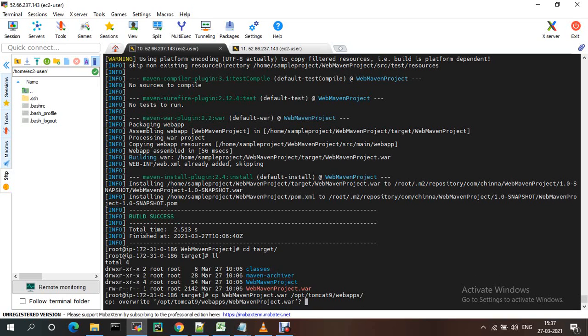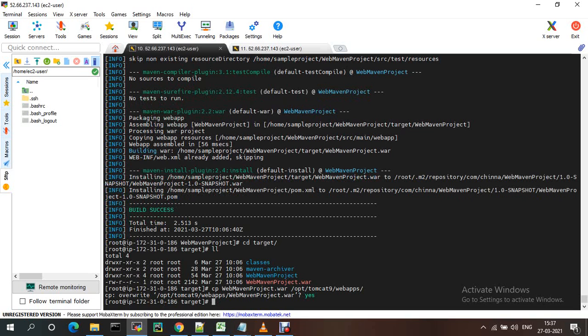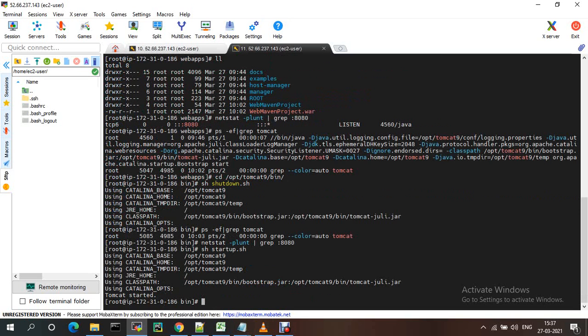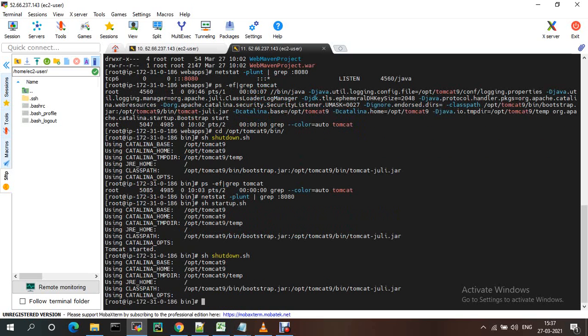It will be moved, it will be overwritten. So I just changed it, right? I just need to restart the service. For that I just need to stop the Tomcat and start the Tomcat to see the latest changes.